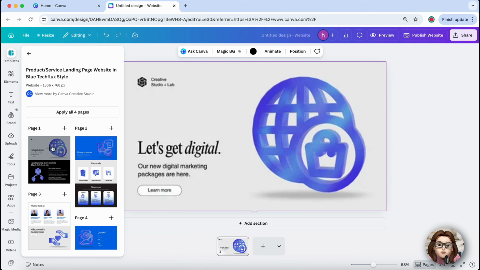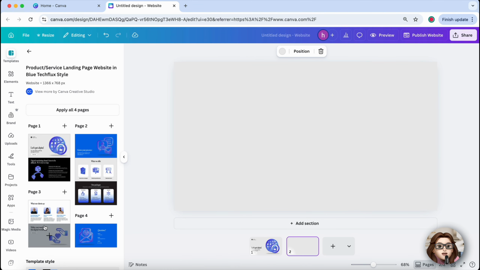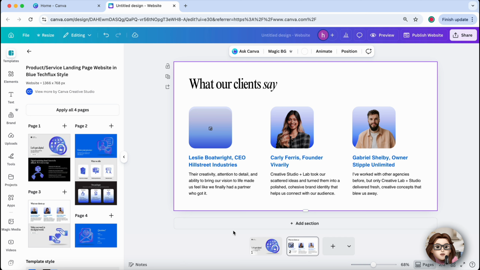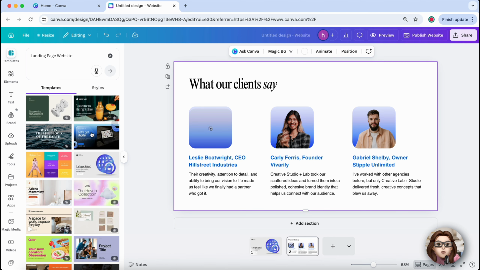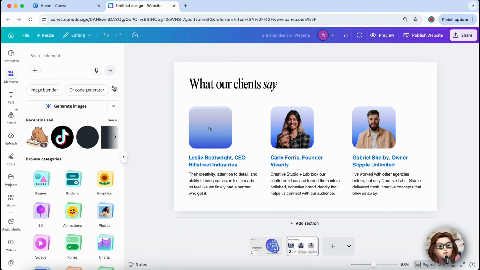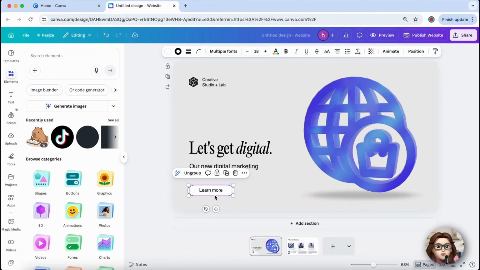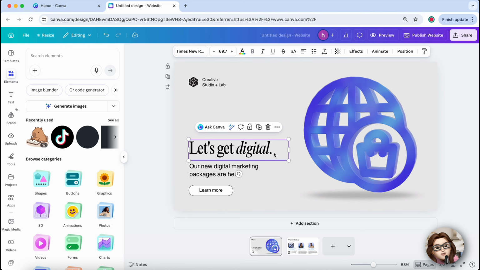Next, replace the sample content with your own text and images. Click on the headline to add your title, update the description, and insert your product or service information. You can also add elements such as buttons, icons, and images from the Elements tab to improve the design of your landing page. Adjust the colors and fonts to match your brand and move sections around until the page looks